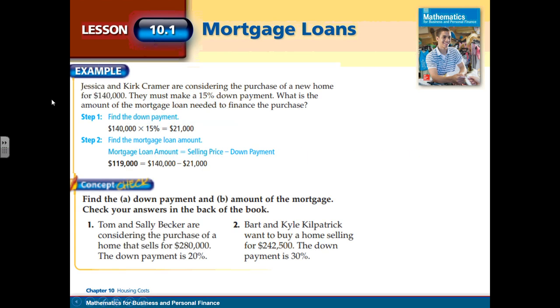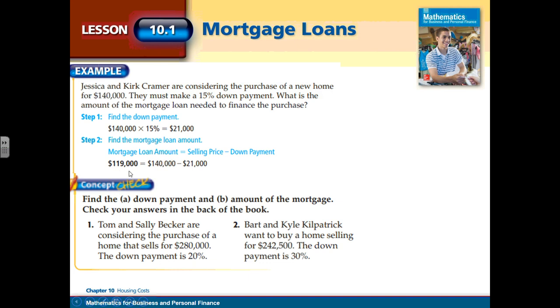Okay, so let me show you an example of this. Jessica and Kurt Kramer are considering the purchase of a new home for $140,000. They must make a 15% down payment. What is the amount of mortgage loan needed to finance the purchase? So we take the $140,000, multiply it by the 15%, and they have to make a $21,000 down payment. So what is their mortgage loan amount? Well, you take the $140,000 minus the $21,000 they put as a down payment, and their loan amount is going to be